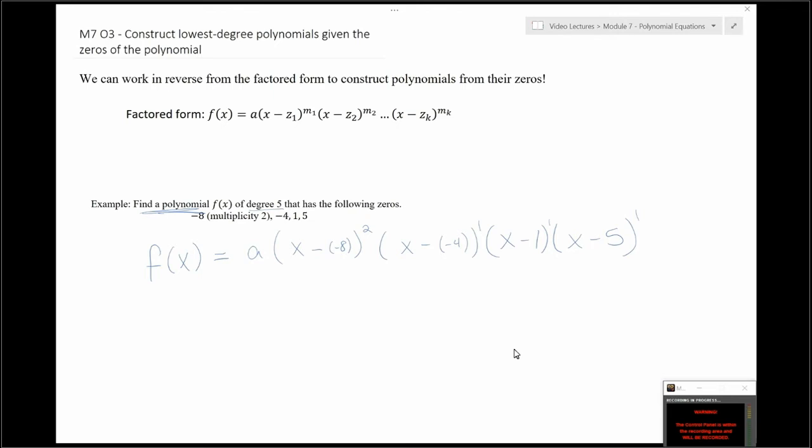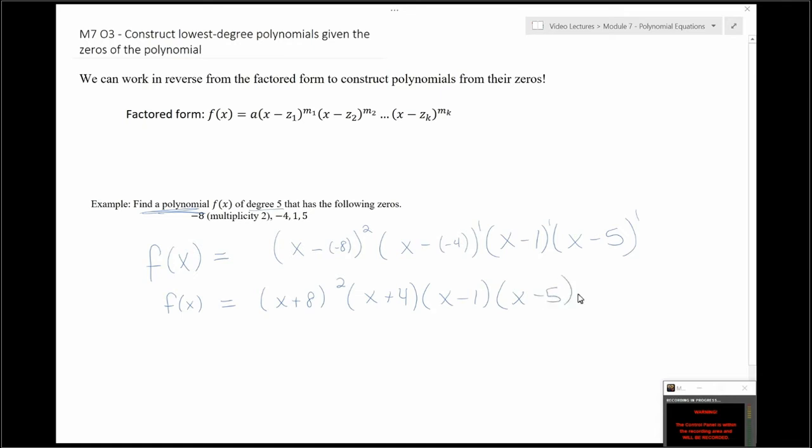It doesn't matter. So I'm going to make the nicest polynomial with these zeros, with a as 1. So rewriting this into a nicer form, I see it's x plus 8 squared, x plus 4, x minus 1,